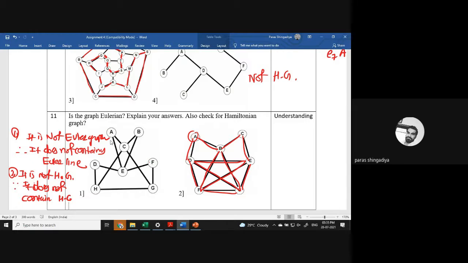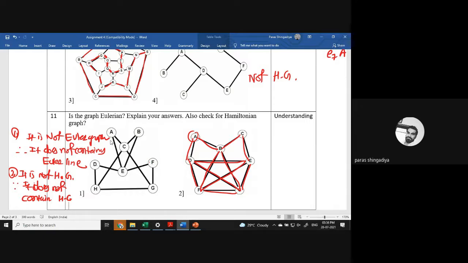Okay, in the Euler case, you had to visit a vertex more than one time to cover every edge. Clear? But now we just focus on vertices only. Clear? And you have to visit each vertex only once. All the vertices, you have to go there exactly once, then move on and not return to the same one again. That is the condition.